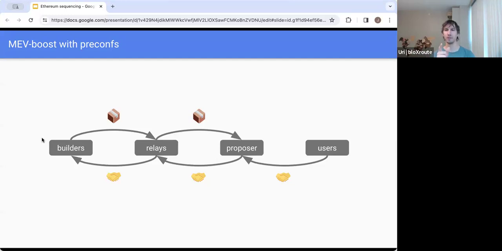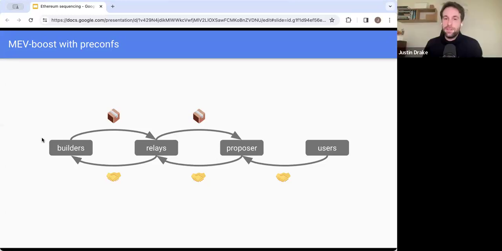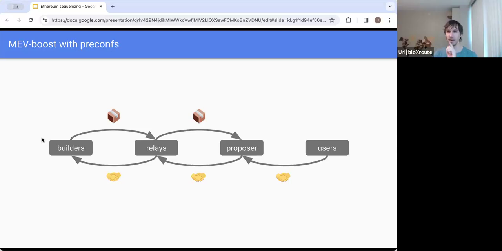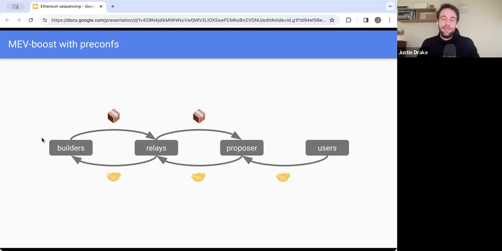Right. Now, in this slide, when I saw it, my immediate thought was this is very similar to the latest inclusion list design. Basically, have the proposer tell the builder, okay, this needs to be included. Are you thinking something along these lines? Yeah, basically. You can think of an inclusion list as being a constraint on the builder, some sort of proposer intent. The proposer is intending for their block to have such and such constraints.